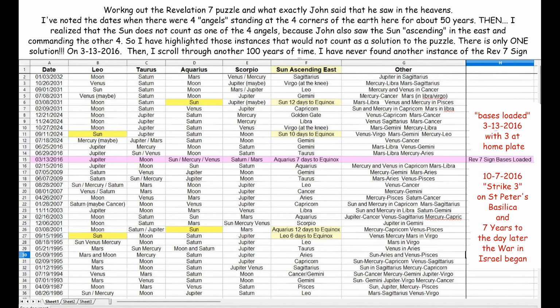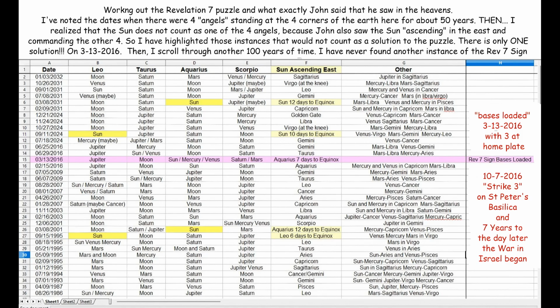Like, they might have been off to the side a little, and perhaps actually in the next constellation. But all that doesn't really matter when you really look at this chart, because there were only 5 times in 50 years when all four constellations were occupied at the same time and anywhere near an equinox.